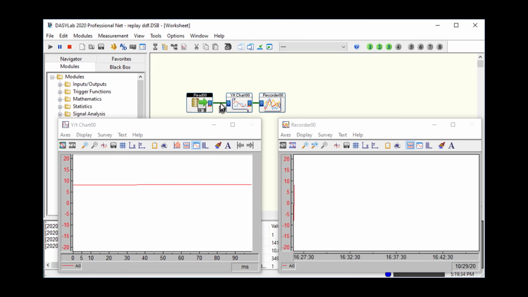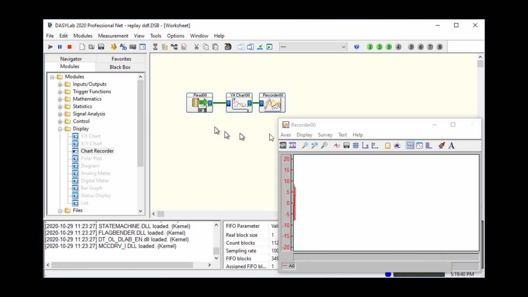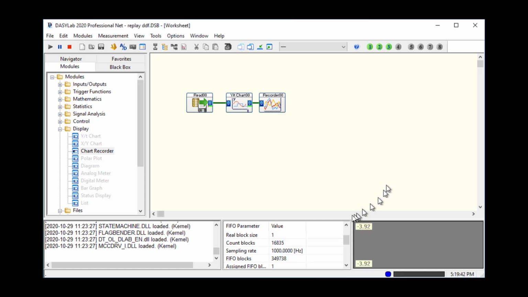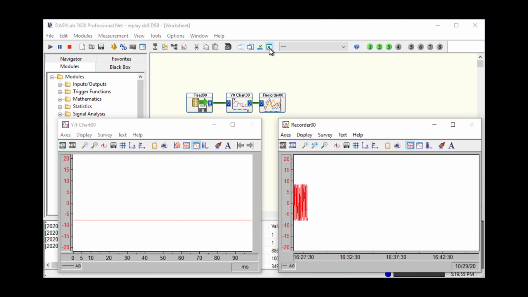And that's looking better, but it's taking a long time to write. This is going to segue nicely into the next module, because right now the block size is 1. And the block size of 1 with a sampling rate of 1,000 means that DASYLab is working really fast. It's like pedaling with a really low gear. So I'm going to click Stop,